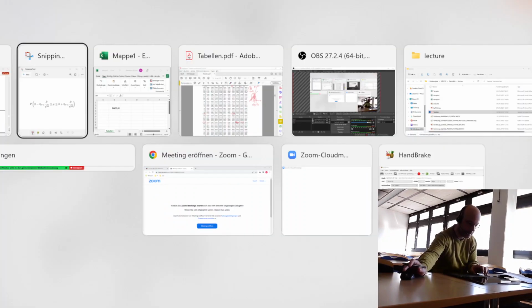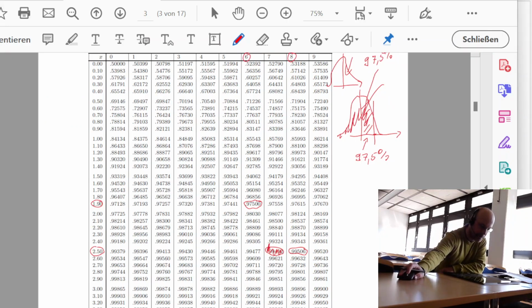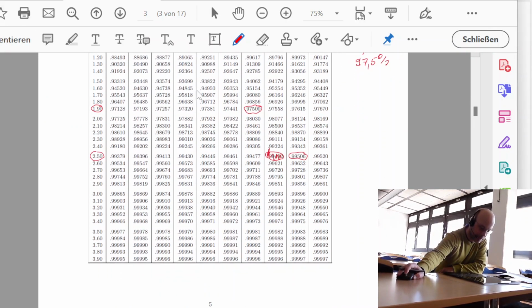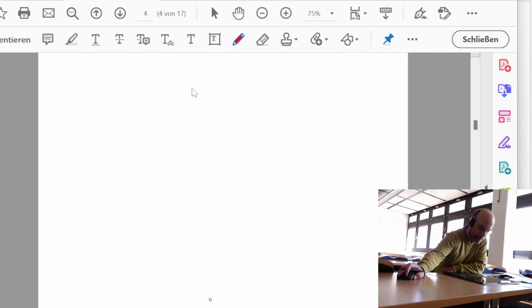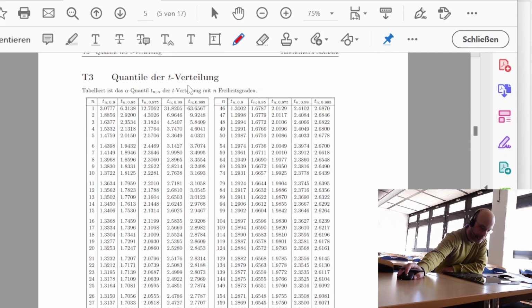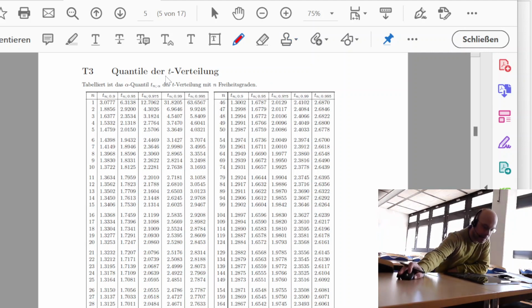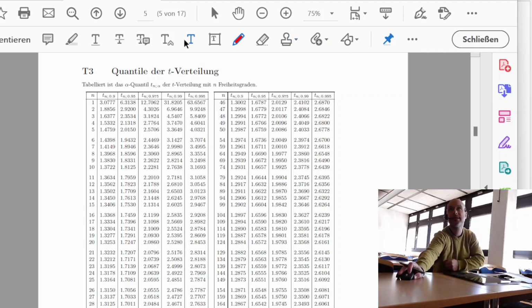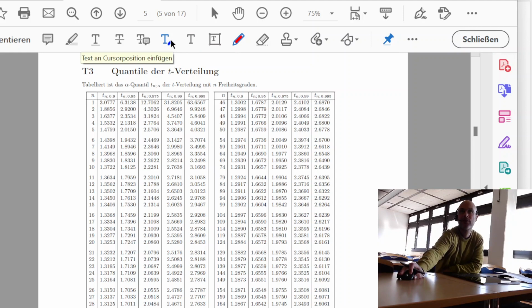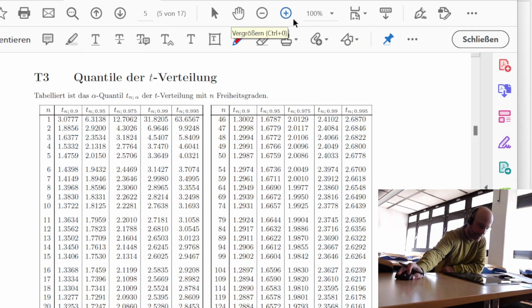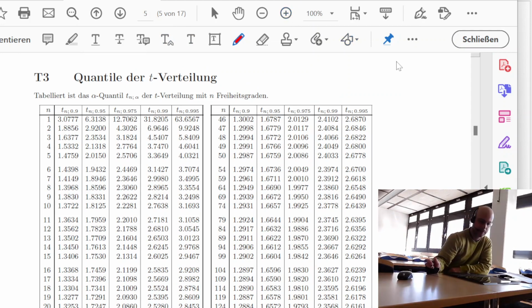And for this, we now go into the table of the t-distribution. This I will also upload for you. We also know that the t-distribution becomes closer and closer to the normal distribution the larger the sample size, but the numbers are of course also dependent on the sample size. This was shown with the subscript n-1. So if we go into the table,